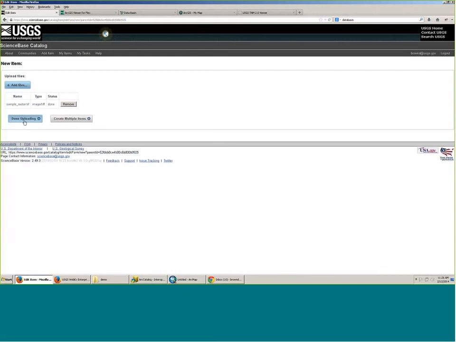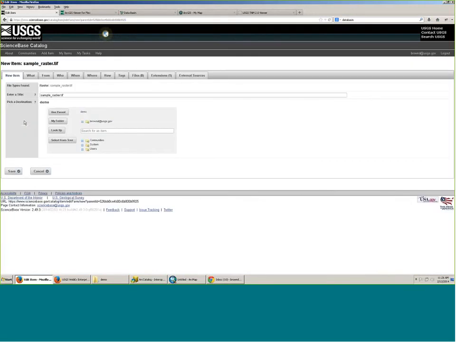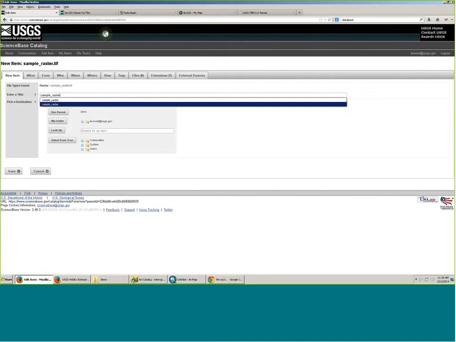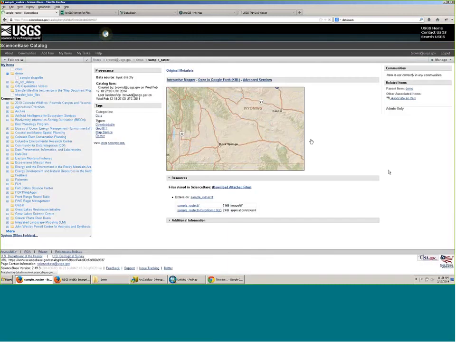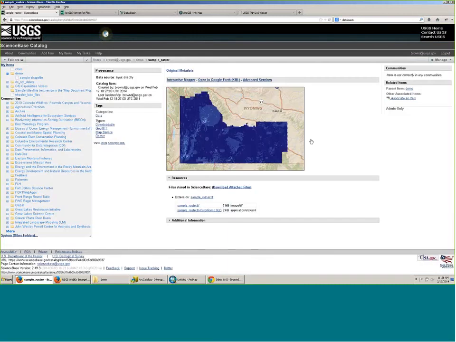There's talk in the future that we will read other formats using the GDAL extension of GeoServer. But right now, it's limited to TIFF files. I'll just call it sample raster for now. Click Save. So once again, this starts up a GIS service on GeoServer,